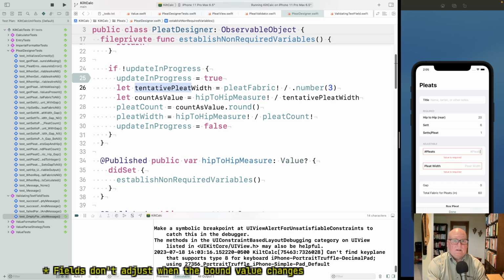Okay, so in this case, 20 and 6, the fabric is 6, 6 times 1 is 6, divided by 3 is 2-inch pleat. Okay, so that's the tentative pleat width is 2. And if the pleat width is 2, you need 10 pleats to get 20 inches across. All right, so count as value is 20 divided by 2 is 10, rounded is still 10, and then you compute the true pleat width is hip measure divided by pleat count, so 20 divided by 10. All right, a little roundabout, but